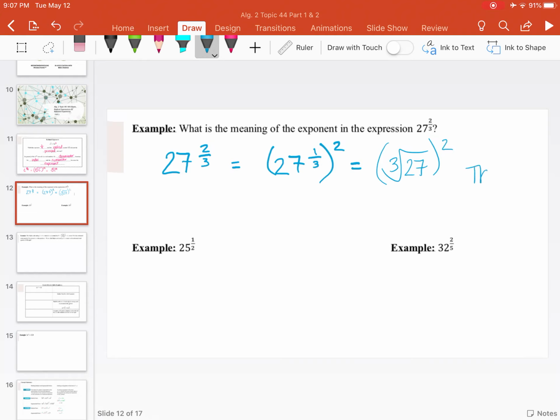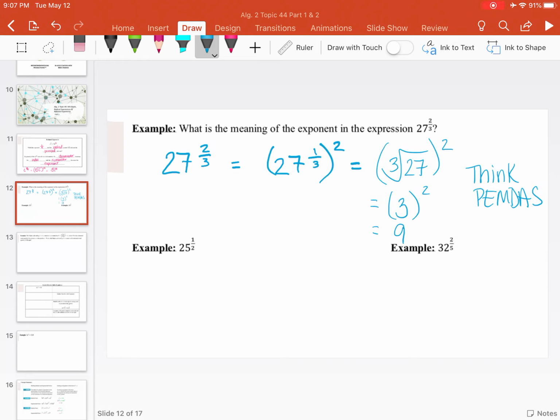Now what I want you to do here is think PEMDAS. So we're going to simplify in our parentheses first. The cube root of 27. What number times itself again, gets us 27? Well, that's 3. Now 3 squared, now that we think back to our exponent, the E part of PEMDAS, is